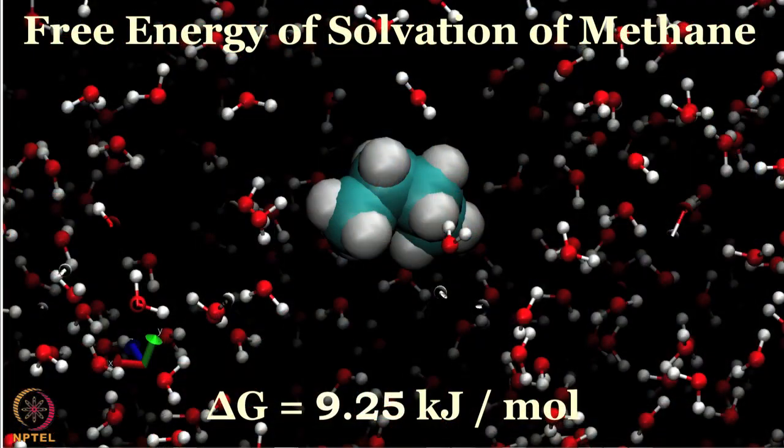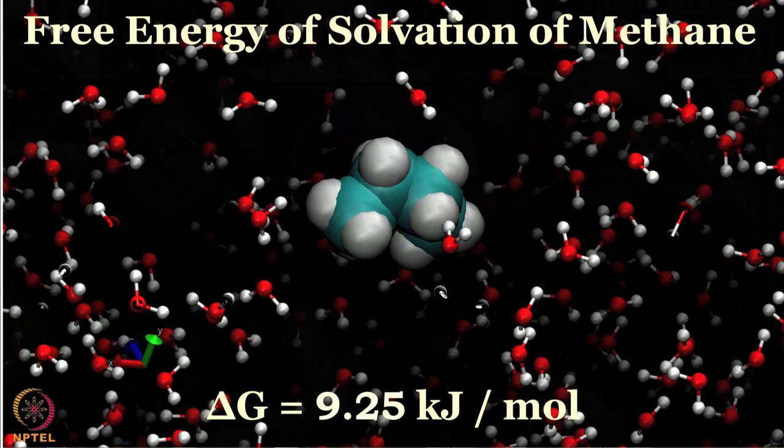So, before we want to know whether something is miscible or not, one idea would be to take a single molecule and see what is the free energy of solvating that molecule in a liquid. That is what we call the free energy of solvation, and in this particular lecture we will see how to solvate a molecule in a liquid. So, the first slide tells you that there is one molecule there and you try to solvate it, and if the free energy is positive, that means it is not a favorable arrangement. So, how that delta G comes about, this whole lecture is about.